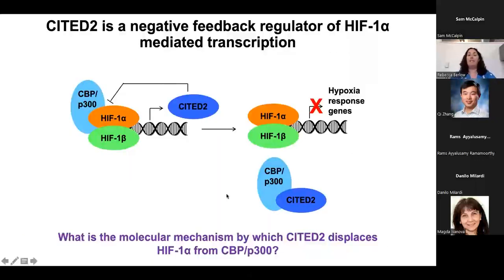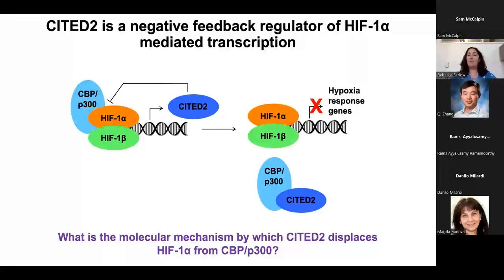And one of these mechanisms is actually the formation of a negative feedback regulatory loop between HIF1 alpha and another disordered protein that it encodes the expression of, called CITED2. And what happens is that once CITED2 is available in the cell, it's able to fully sequester all of the CBP and P300. And that serves to shut down the expression of the hypoxia response genes. And we were really interested in the sequestration behavior that had been observed in some early studies that identified CITED2 as a key negative regulator of HIF-mediated transcription.